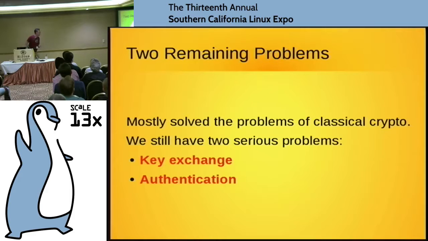All right. So here's the interesting thing. At this point, if you believe me that we have algorithms that are resistant to direct attack, we've kind of solved the problems of classical cryptography, which is interesting because there's thousands of years of people not thinking of it the way we're thinking of it. But we have two problems, all right? We have the problem of key exchange and authentication, and these were always there in a sense. But they didn't really seem that bad when we didn't know how to do cryptography at all. Now we know how to do it, and what's left are these, and they're pretty serious.